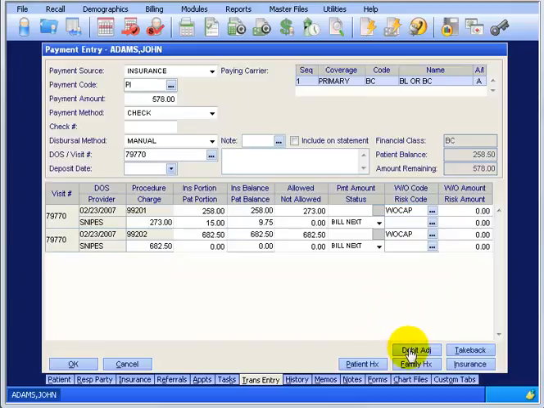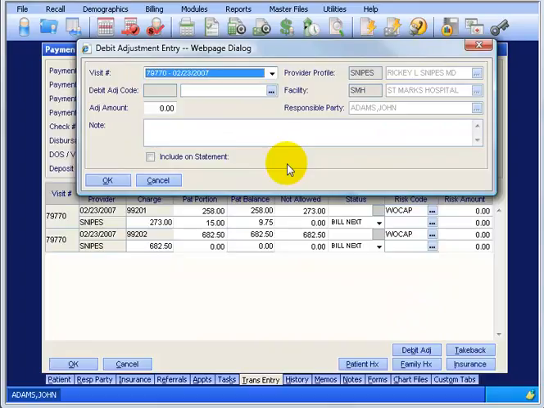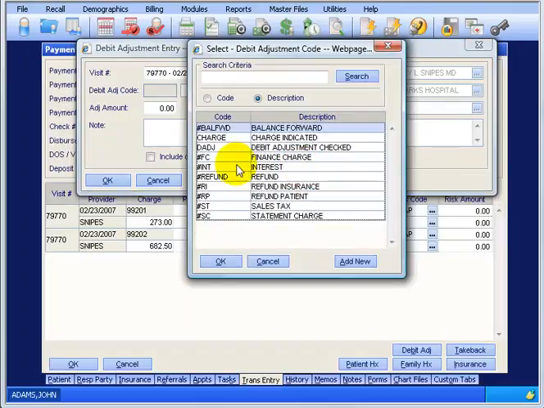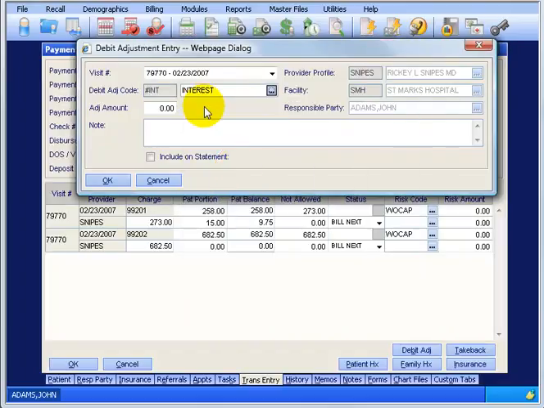So I'm going to go ahead and click on this first here before I do anything else. And the first thing you'll notice is that it's going to be doing a debit adjustment by visit number, the data service. So it's going to be tied specifically to this. And then I can use my debit adjustment code interest. I can either type it in or click on the ellipsis button, and there's my interest, and double click on it. And then the only question I have, like I did in the quick pay video if you watched that one, is